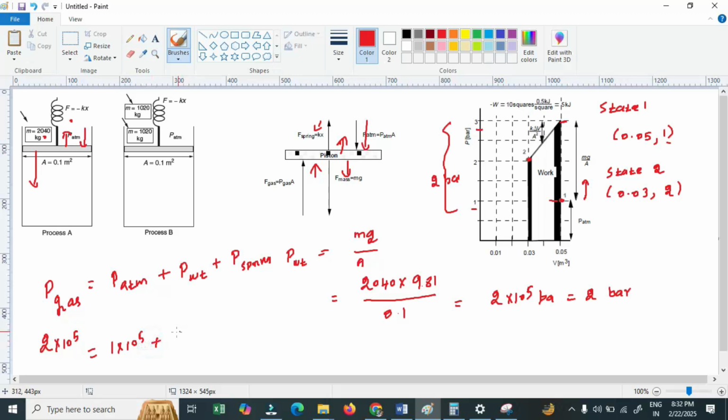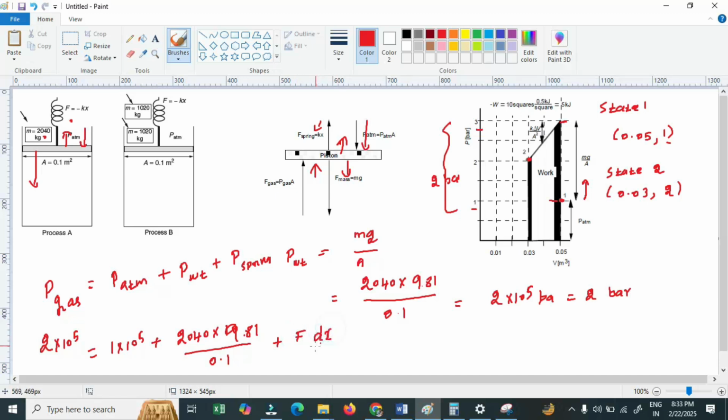plus P weight, that is 2040 multiplied by 10 power, 9.81 divided by 0.1. Okay, and plus the force due to the spring. So F